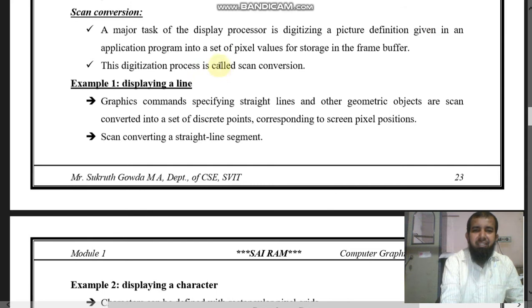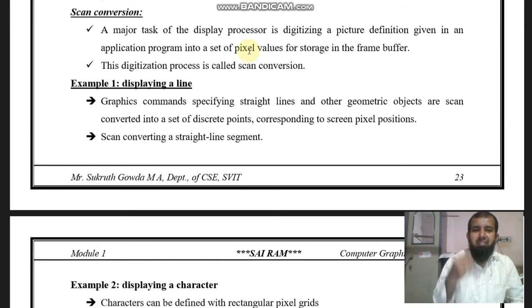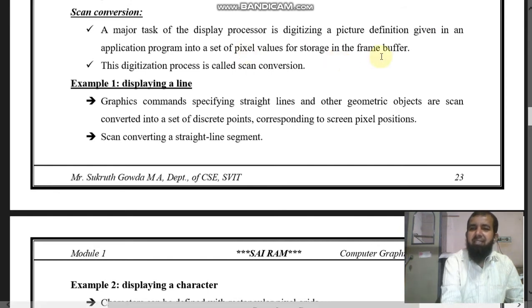For each pixel you need some pixel values, and all the pixel values are stored in the frame buffer. This digitization process is called scan conversion.